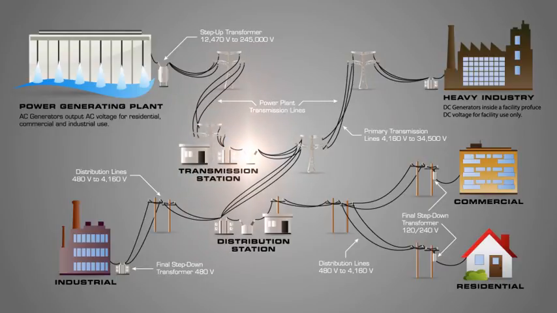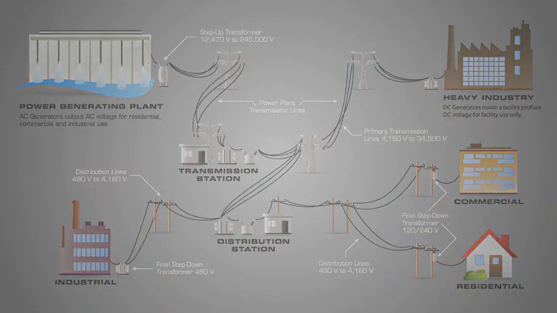The electricity from the transmission substations is stepped down once again to between 480 volts and 4 kilovolts. This occurs at distribution substations. Smaller distribution lines then bring electricity to homes and businesses. Transformers, frequently at the top of power poles, reduce the voltage again to 120 to 240 volts before it enters